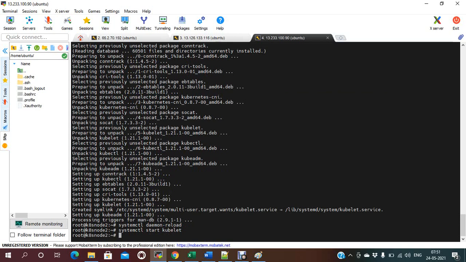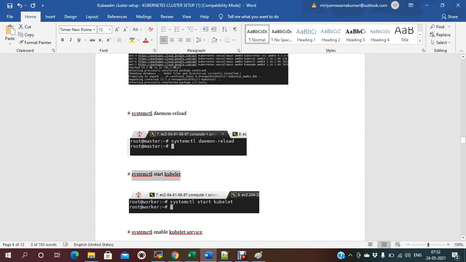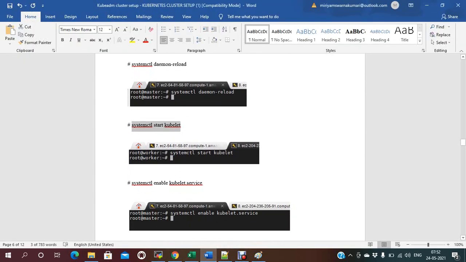Kubelet is used to run the Docker container inside the pod. So it is in the node, as per the architecture. So now you need to enable the Docker kubelet service.